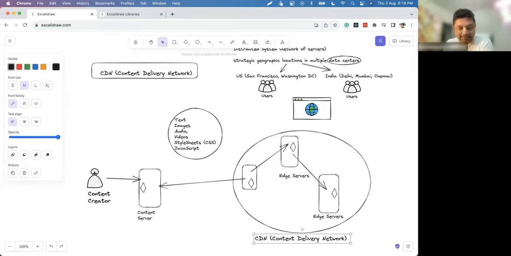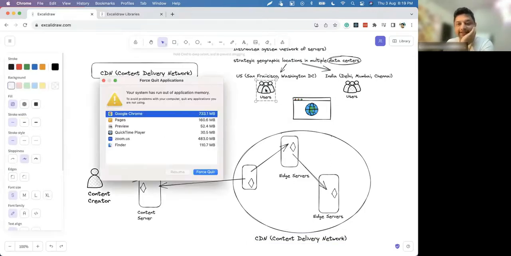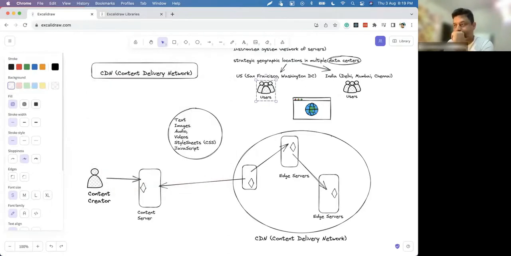This person has purchased this CDN service. What this service does is it gives access to the content from the servers which are located near to the user.